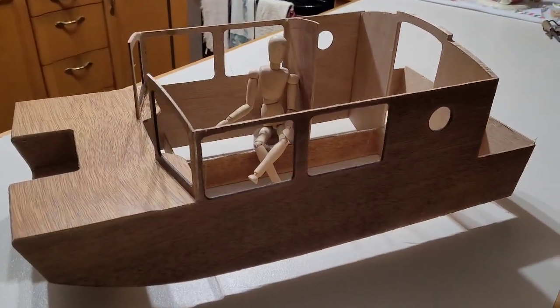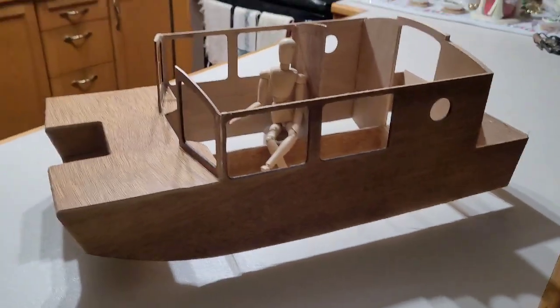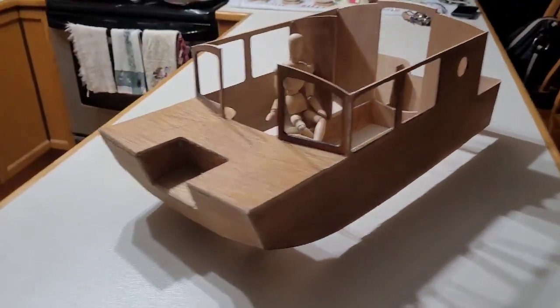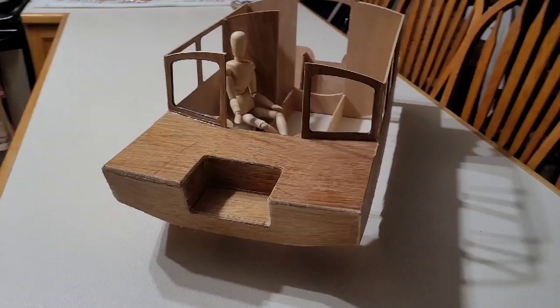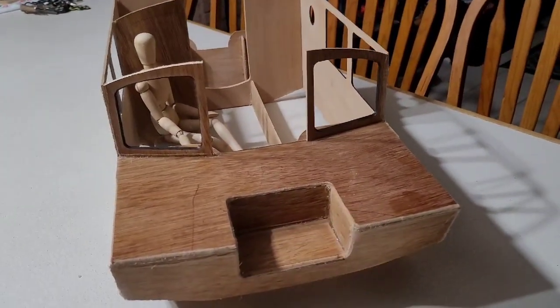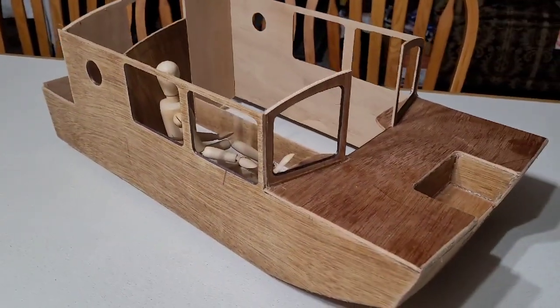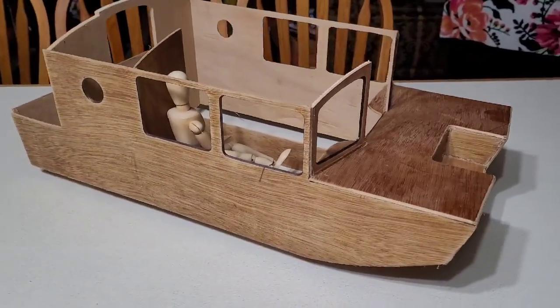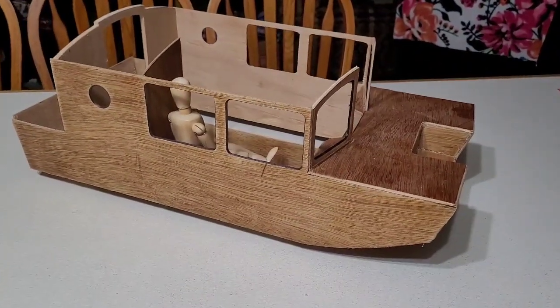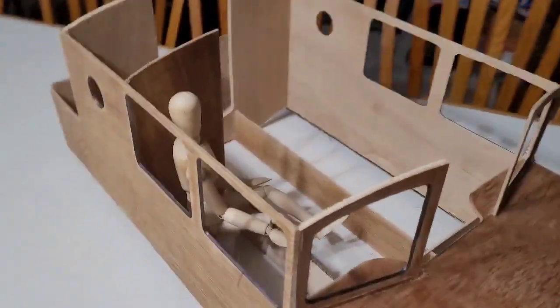Okay, so I made some more progress on the model. Gives you an idea of the proportions a little bit. If you just walk around, there will be a bow drop door. And what do we call the little puppet inside? I forget. We got to come up with a name for the poor little guy, right? At any rate,